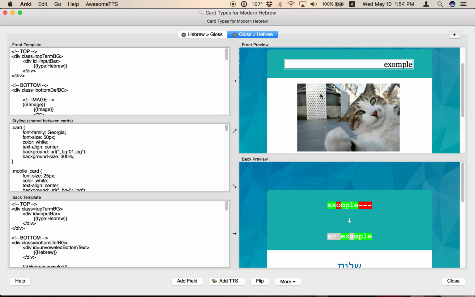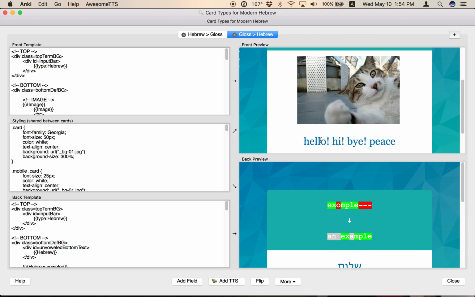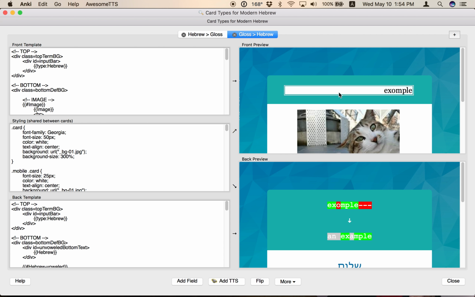So first, it shows me the English, hello, hi, bye, peace, the picture. And it asks me to type in what the Hebrew is. Now, don't worry if you don't know how to type in Hebrew just yet, or if you don't really want to type it. You don't have to. You can just go ahead and press enter or next or whatever. You are the one who gets to choose whether you got this right or wrong. So this is just to encourage you to type it because it does help to write it